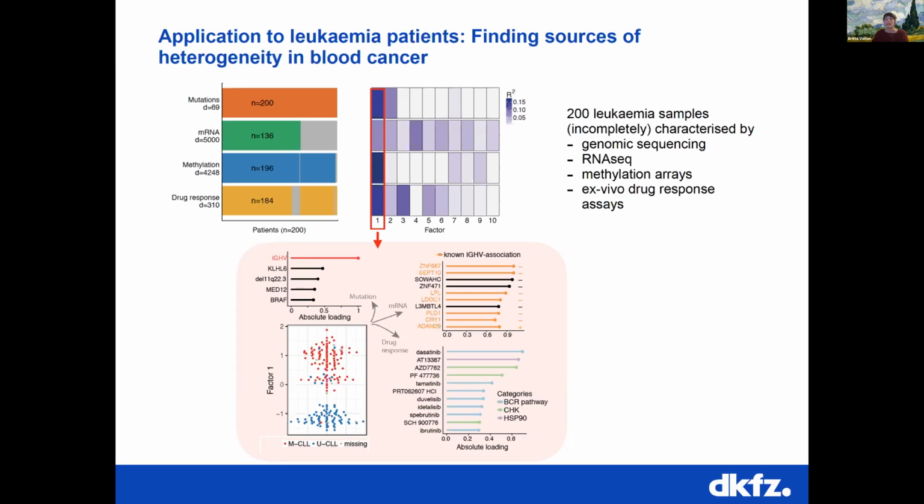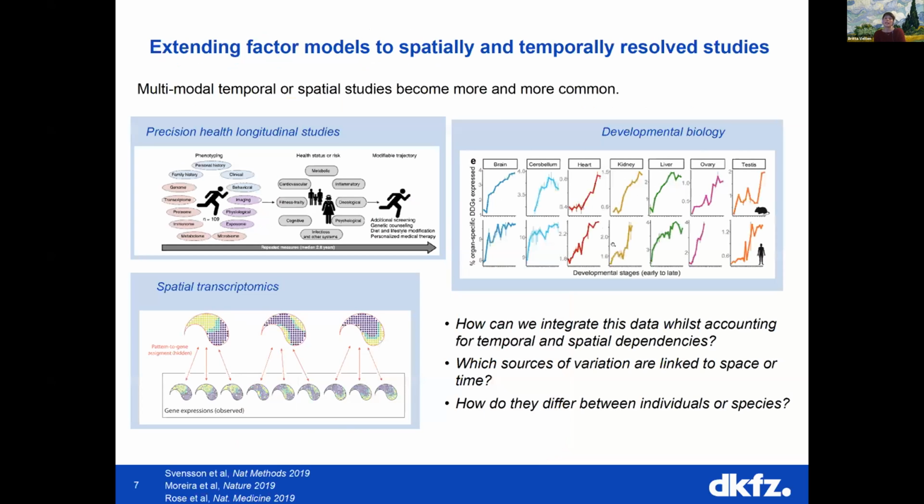And we've also shown that if we take all the 10 factors together to predict clinical outcome of the patients, we can do much better than if we would only look in one of the different omic layers individually. However, one drawback of this approach that we've noted is that such factor models do not account for spatial or temporal relationships between the samples that, however, are more and more common to have in some of the studies. For example, in precision medicine, there are now a number of longitudinal studies where a patient cohort is followed